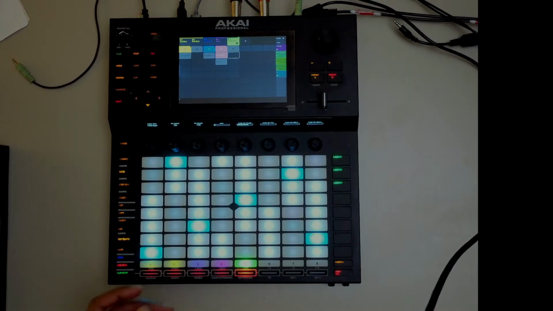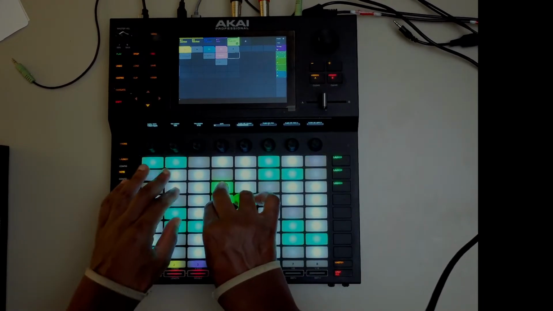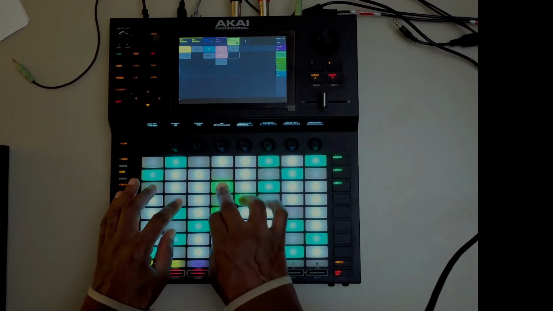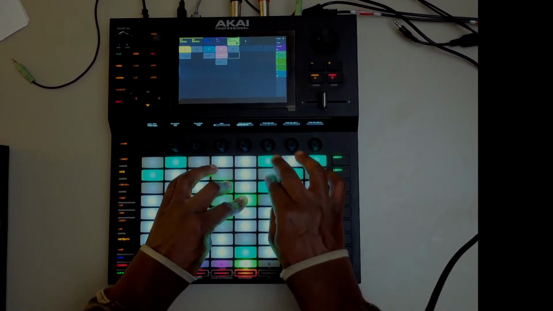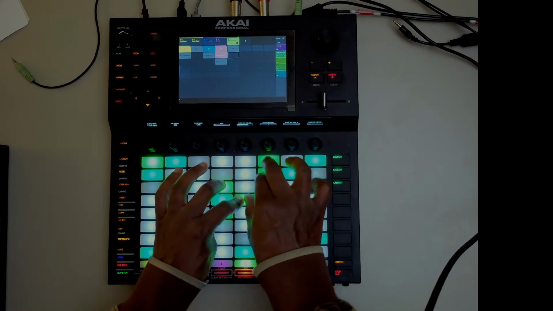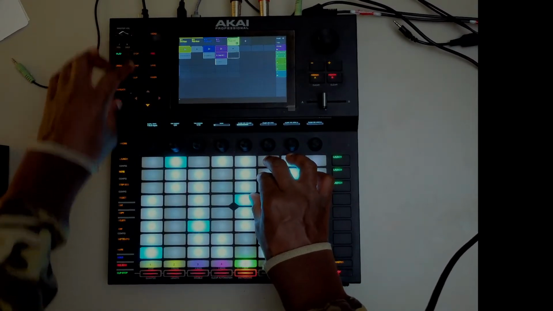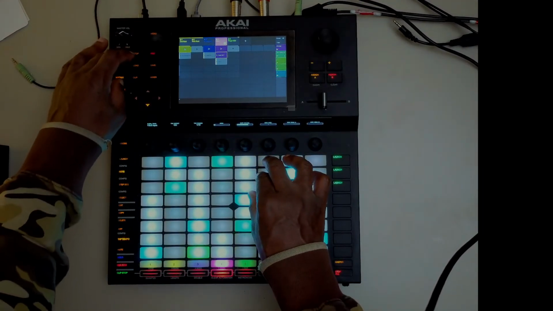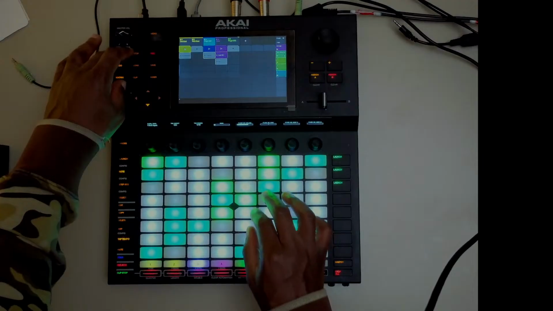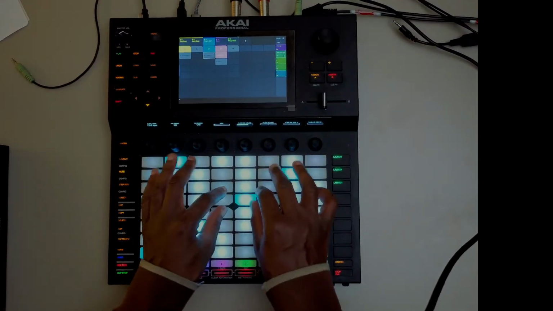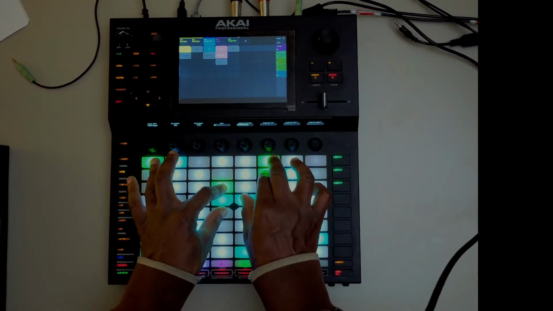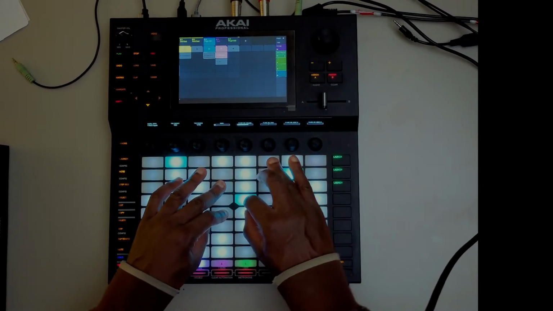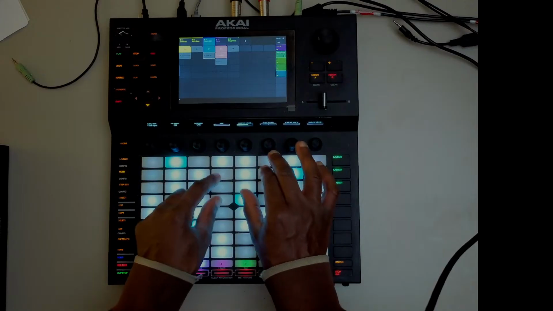Let me play in these chords then. What did we do? Like I say, this is why it's nice to use Force, because you can actually see the chords.